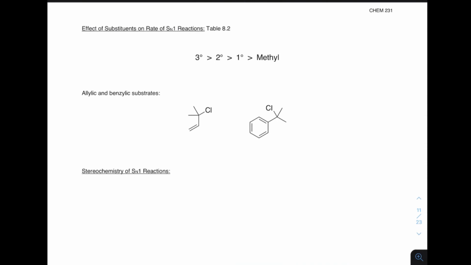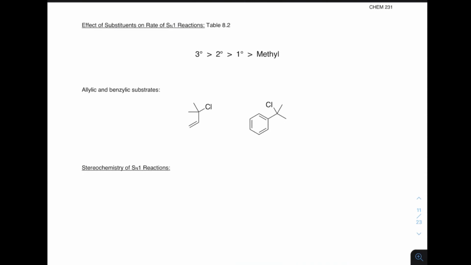So now we have to look at the effects of the substituents on the rate of the SN1 reactions. And inversely to the SN2, where a smaller carbon center was more reactive, now it is the opposite, where we have tertiary carbons, as I mentioned, being fast, and then the methyl carbon center being slow, right? Again, that all comes from the carbocation intermediate, because a tertiary carbocation is way more stable than a methyl carbocation. Again, it comes from those inductive effects,